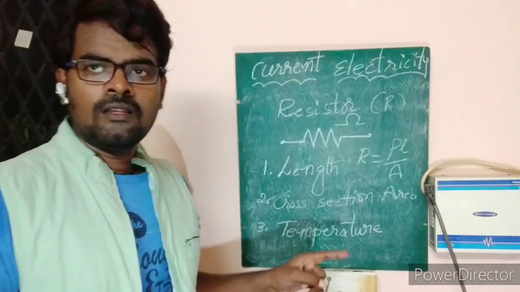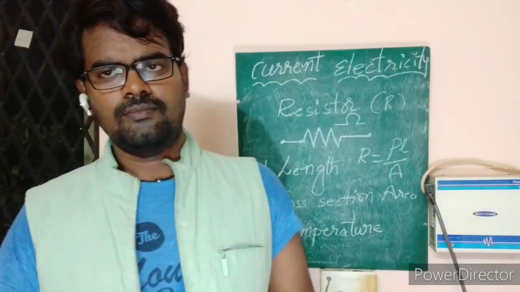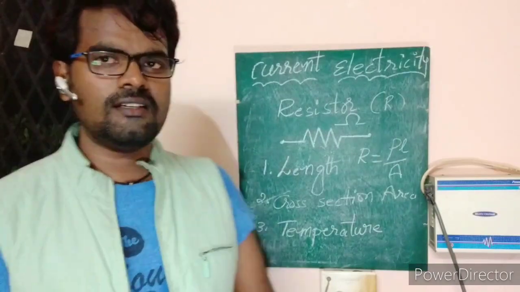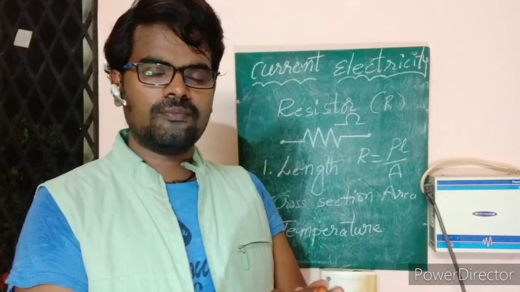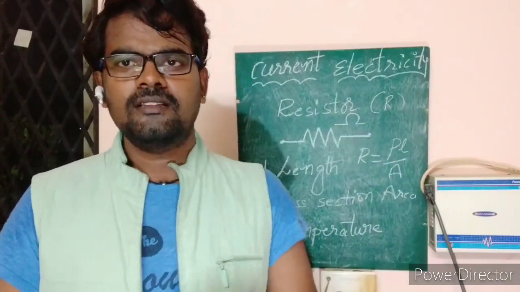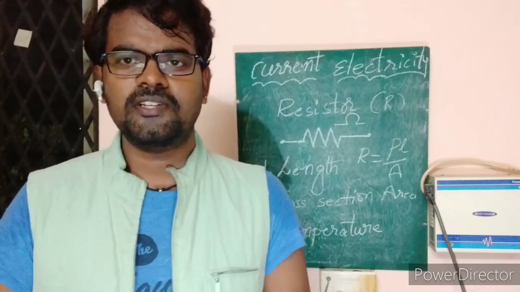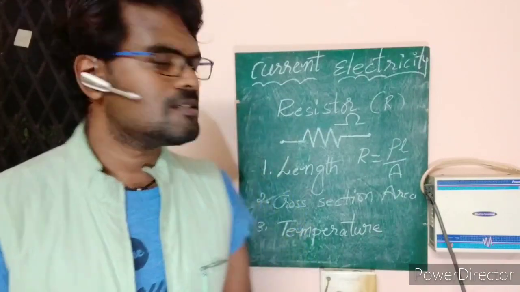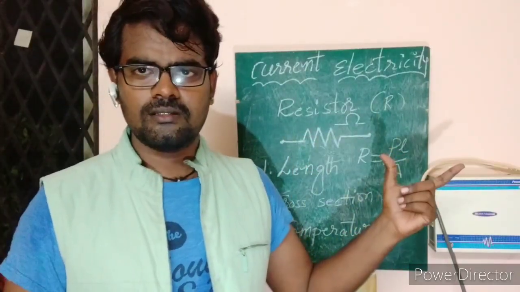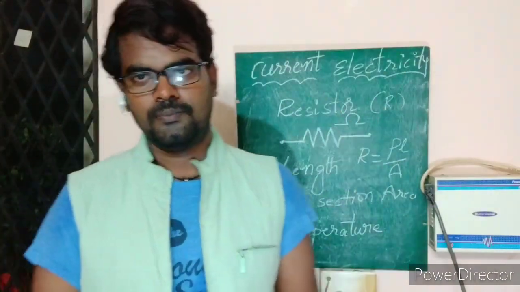Okay, the first concept: resistor and resistance. What is resistance? We can simply call it resistance if anything is stopping the flow of any energy form or any unwanted content. For example, even our body has resistance power, which we can simply call immunity. Just like that, the obstruction of the flow of current is called resistance, and the element which is used to produce this resistance is called a resistor.